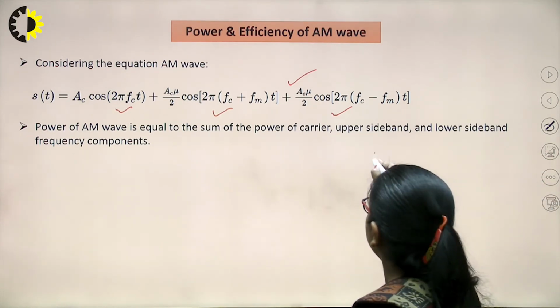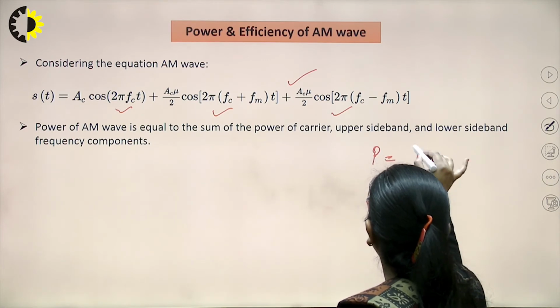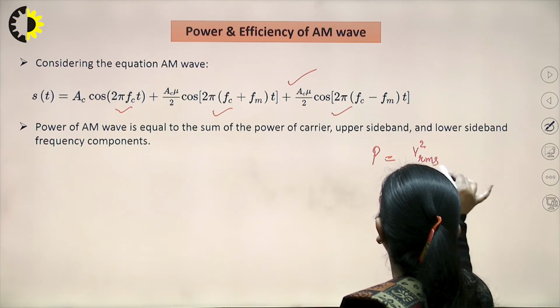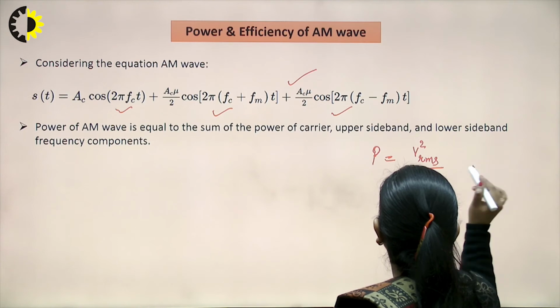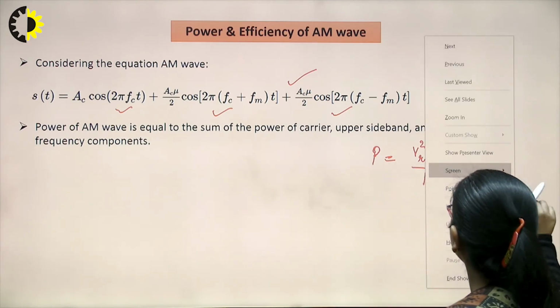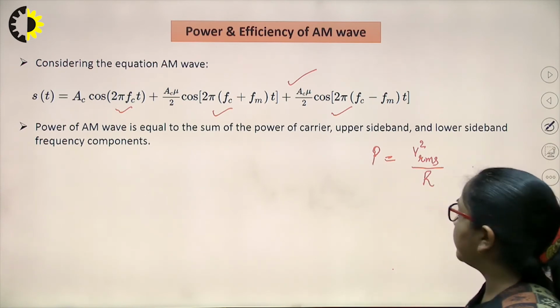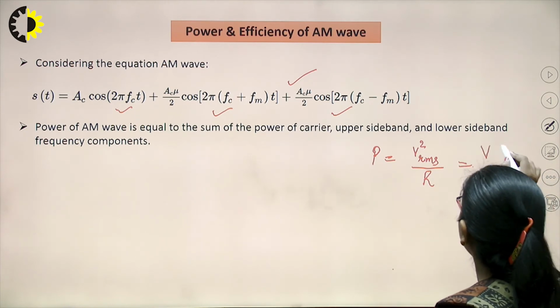The power of a cos function can be calculated as V square RMS divided by R. What is V RMS? That is the maximum value of